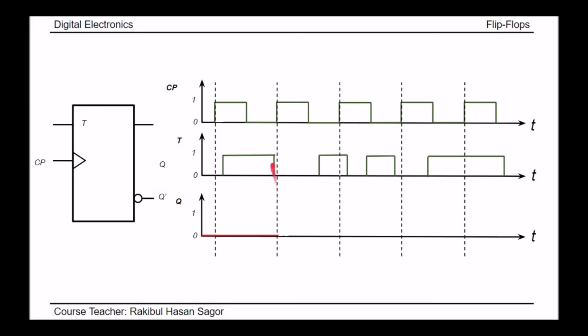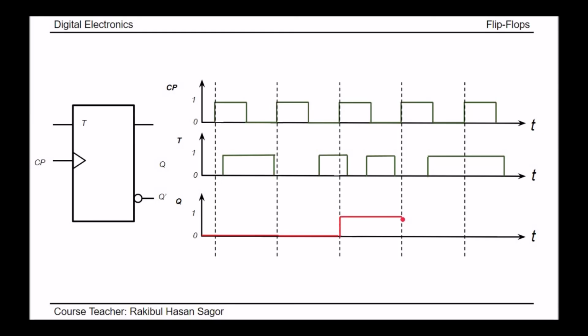At this triggering point, again, what is the value of T here? The value of T is 0 here, so it will hold the previous data up to this time. When the clock pulse triggers for the third time, we see we have T equal to 1. T equal to 1 will toggle the previous output. The previous output was 0, so it will come to 1 position and it will continue up to the next triggering